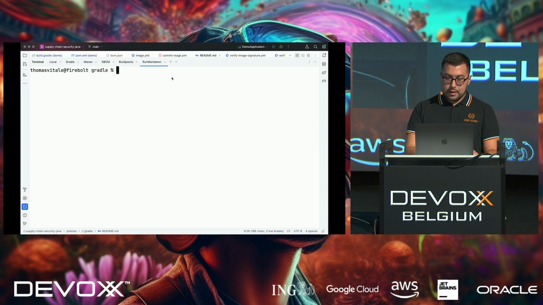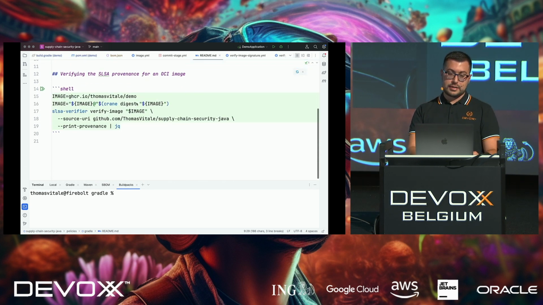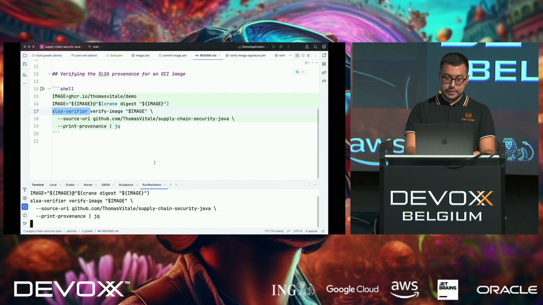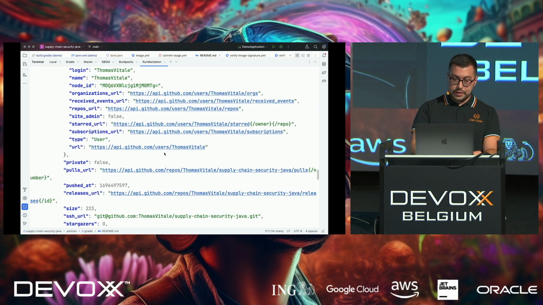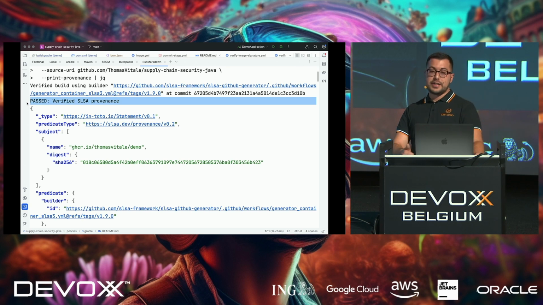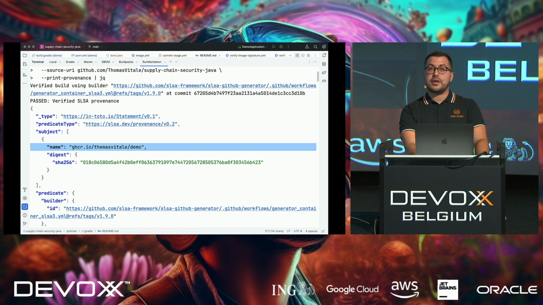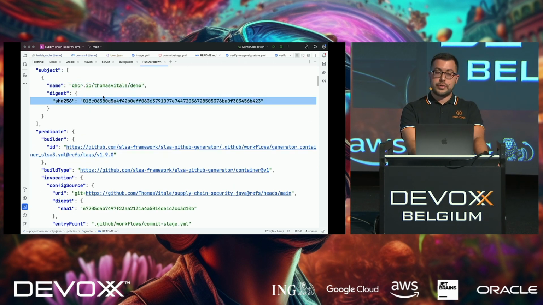Great. What about the provenance? I can use a tool from the SLSA project. It's called SLSA Verifier. So I can run this. I will also print the provenance so I can show you what it contains. Scrolling up, so we can see passed, verified SLSA provenance. Great, and we find information about the specific container image, the digest. Never trust version numbers. You want to verify on digest. That's the only secure way, because